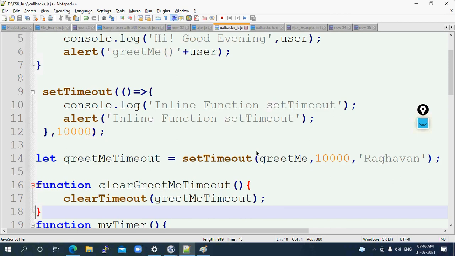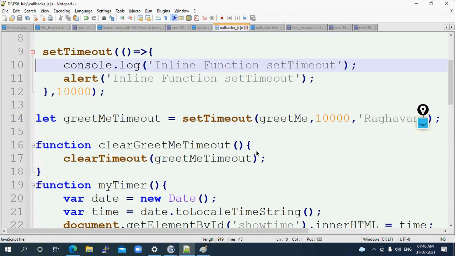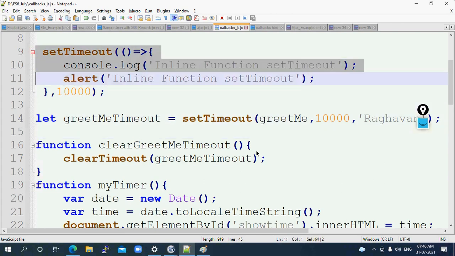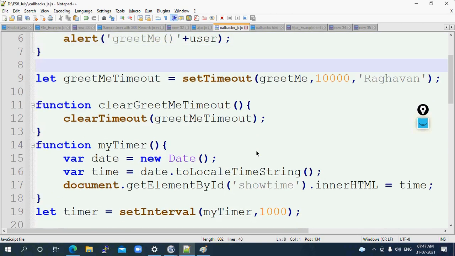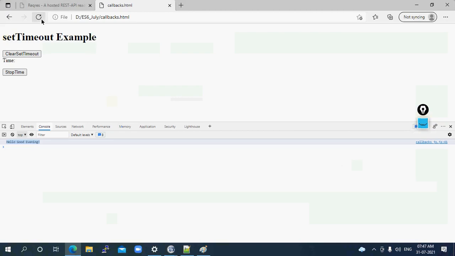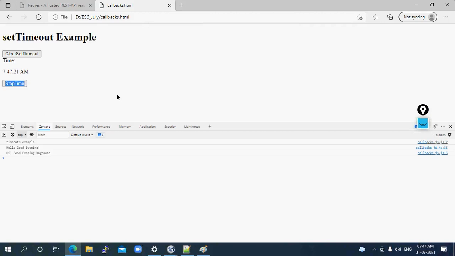Now we are going to pass one function, right? So here I'm going to remove this inline function timer, because you will get confused if we have both. Now if we refresh this,